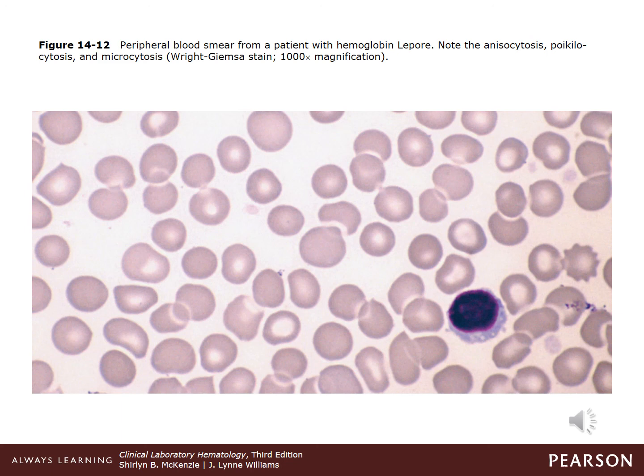Now, if it's heterozygous, you might be asymptomatic, classifying you in a minor category. And here on hemoglobin electrophoresis, in the homozygous states you will most likely see no hemoglobin A or A2, but the hemoglobin Lepore abnormal hemoglobin will be 8 to 30%, and the remainder will be hemoglobin F,